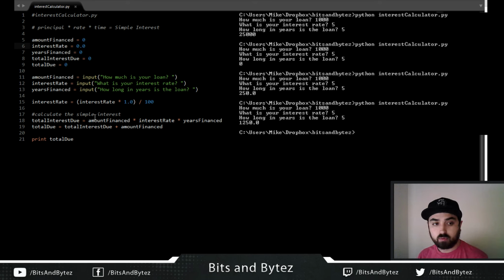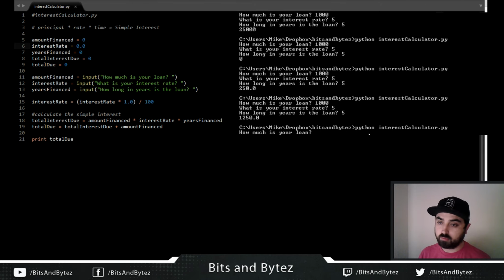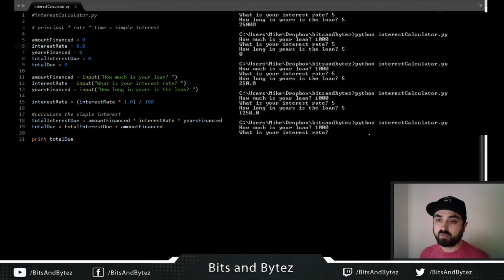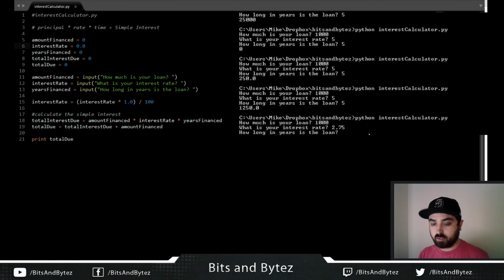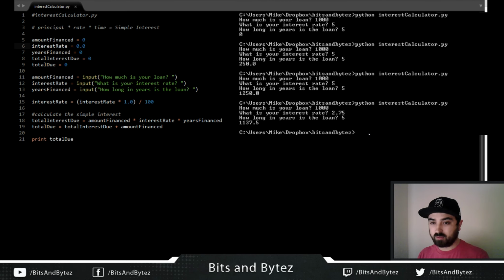So I would mess with it, like start entering random numbers. So if we do it again and do 1,000, and the reason I'm choosing 1,000 is you can figure out any multiples divided by 1,000 because it's like powers of 10. Interest rate, so we'll do like 2.75 and then 5 years, and then it'll start breaking it down. So I think that's a